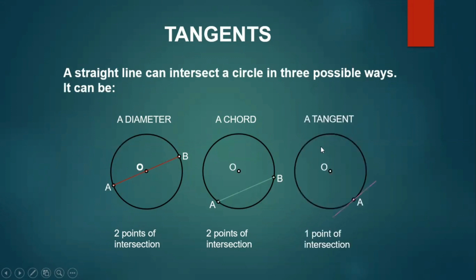And now here this line is touching the circle exactly at one point. So when a line touches a circle at exactly one point, that is called a tangent. And a circle can have infinite tangents, because on the circumference we can have n number of points. So we can have n number of tangents to a circle. So remember, a tangent is a line which touches the circle at exactly one point.